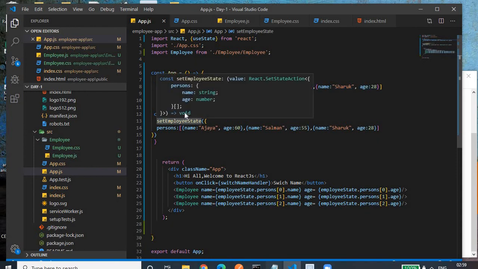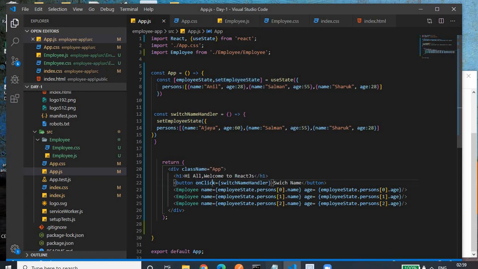Now the switch handler function is called on click of button. In the switch handler function, we are calling setEmployeeState. This is the function for updating the state. You can give these any name of your convenience, but useState is a keyword, it should be useState.